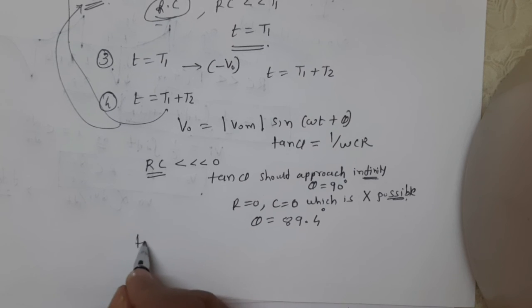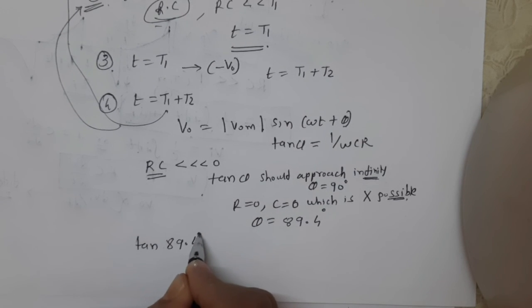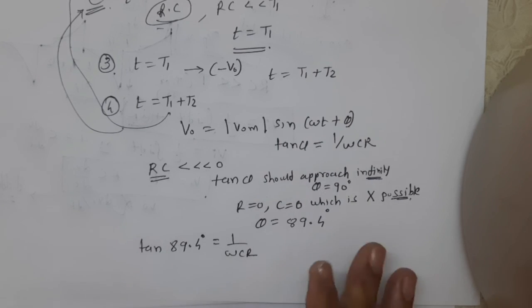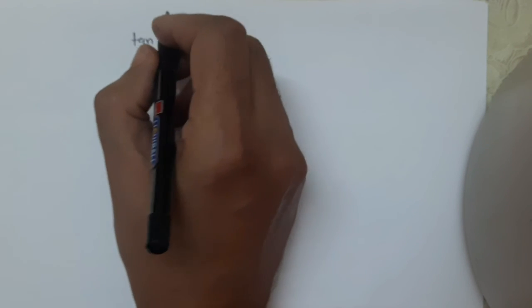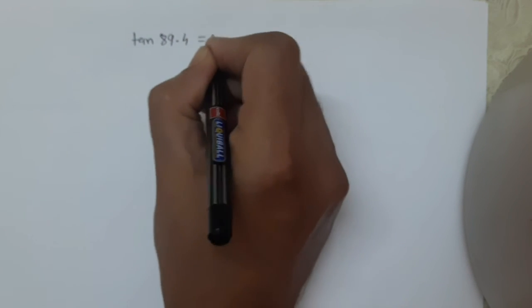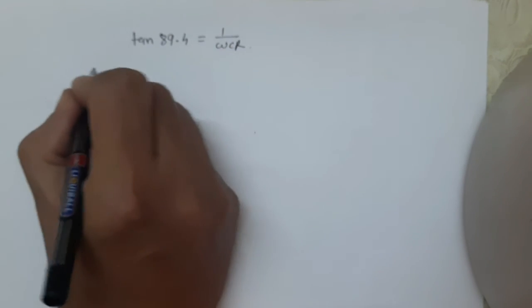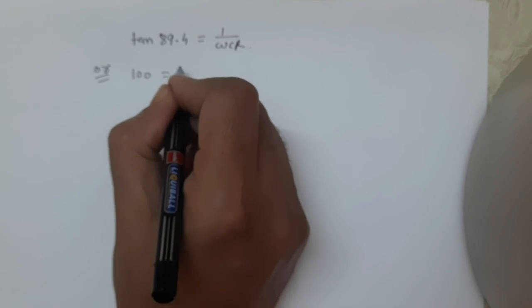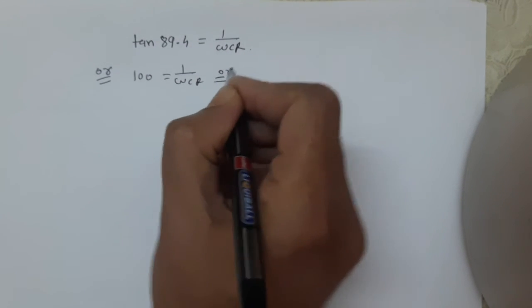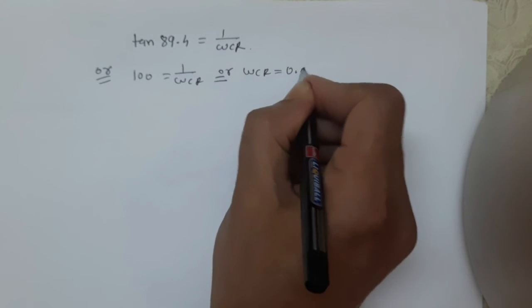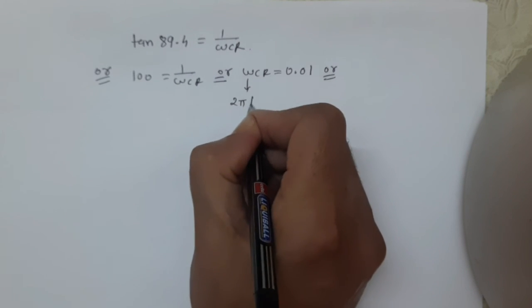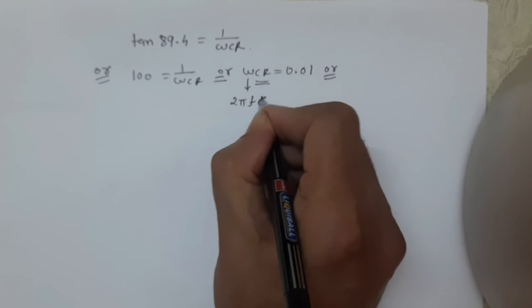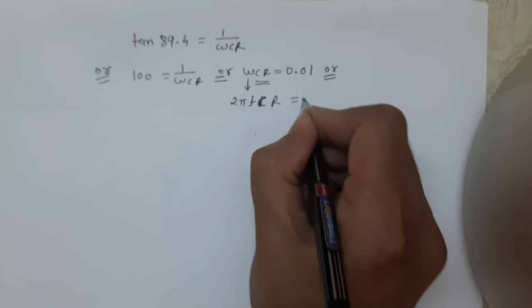Hence, we can write tan 89.4 degrees equal to 1 upon omega C R, or 100 is equal to 1 upon omega C R. Or we can write omega C R equal to 0.01. Or 2 pi f C R is equal to 0.01,